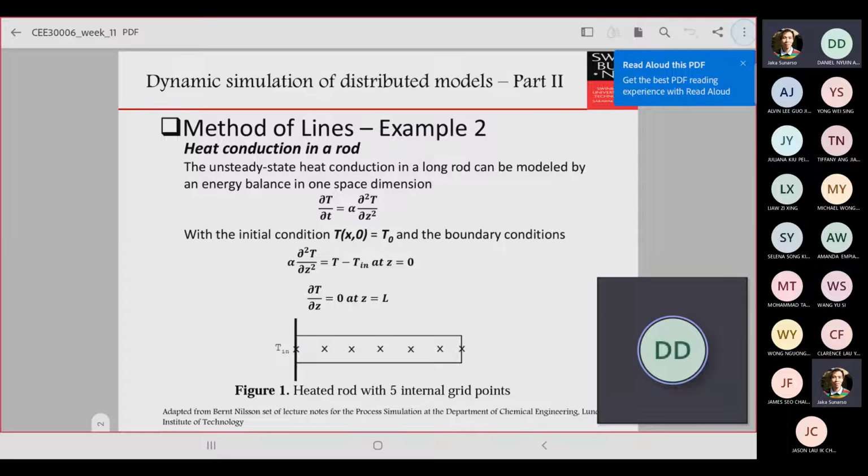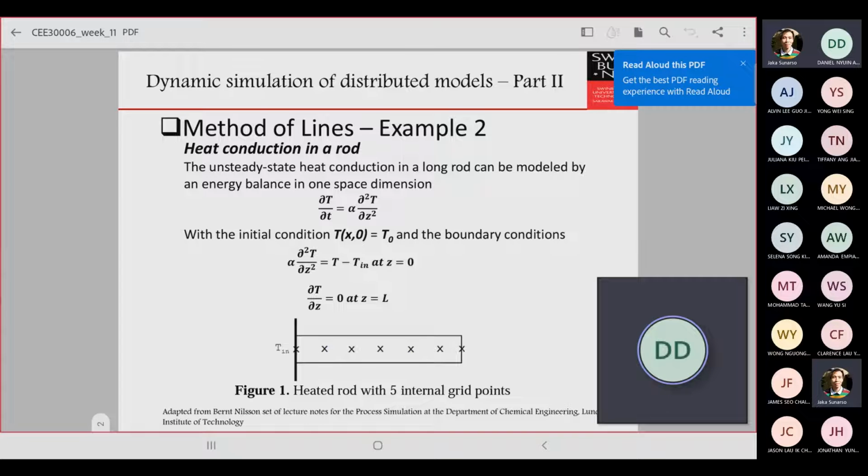So last week we discussed the method of lines, where we apply it onto the partial differential equations to convert those into ODEs, basically, right? In the first example, a simple example, we used a Dirichlet boundary condition, meaning we just substitute the value of the dependent variables at the edge points on the left and the right. So we don't need to use the method of fictitious points.